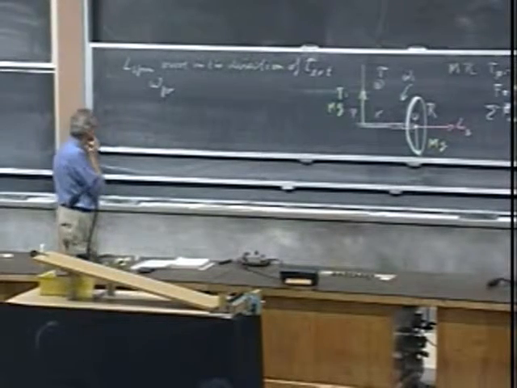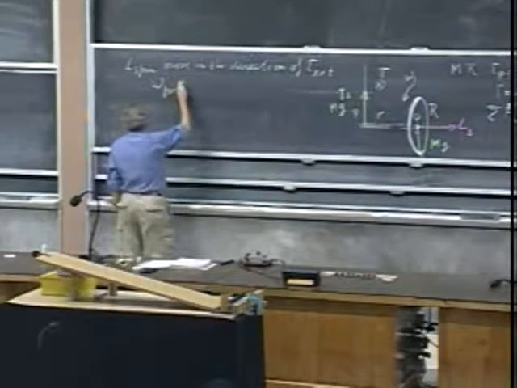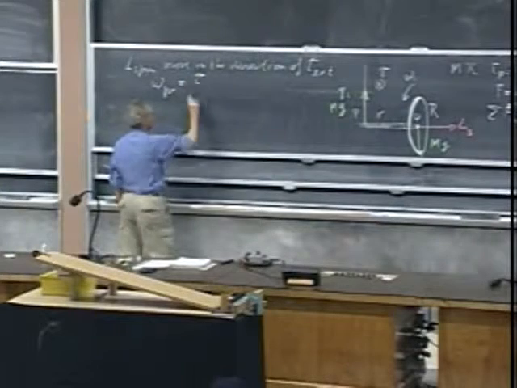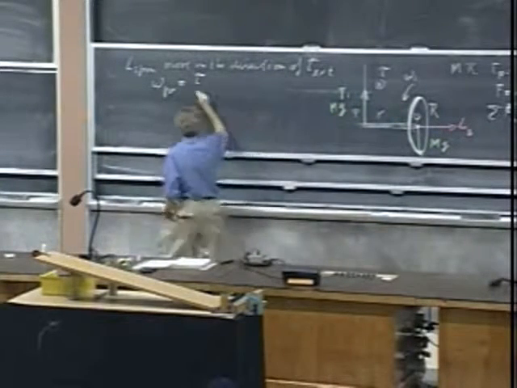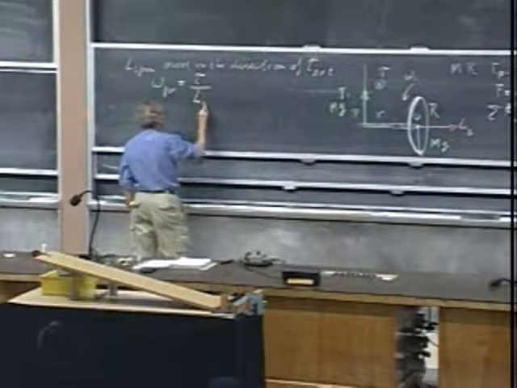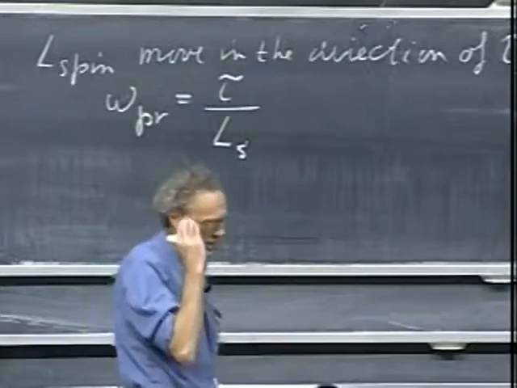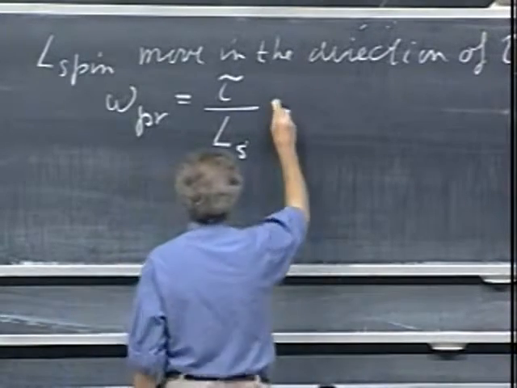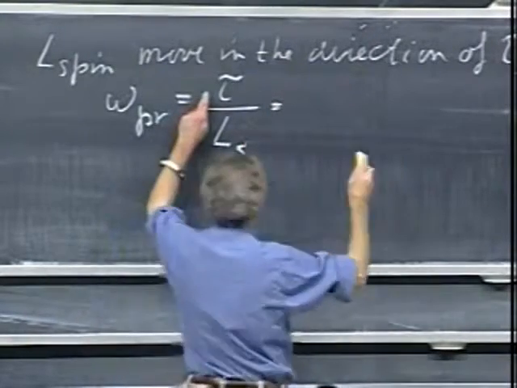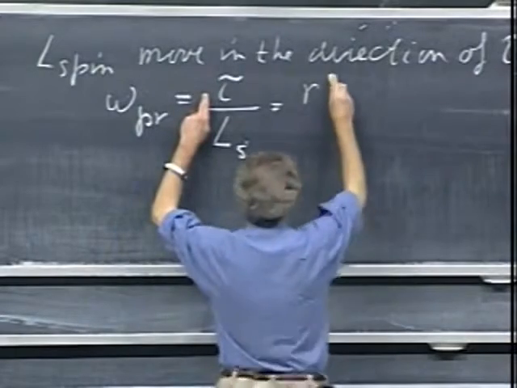I will not derive it here, but what comes out of it is that it is the torque, the one that we have here in this case, divided by the spin angular momentum. That gives you the frequency of the precession. In our case, for our bicycle wheel, it is Rmg,